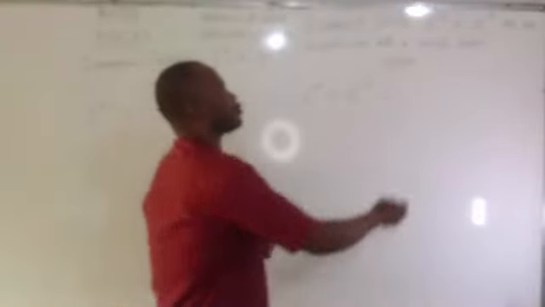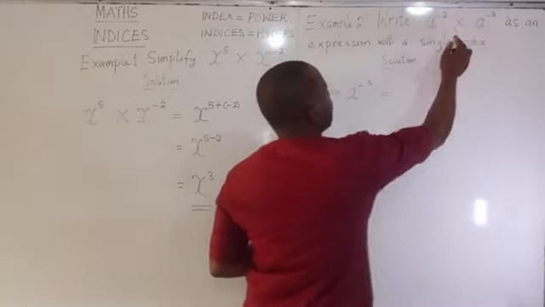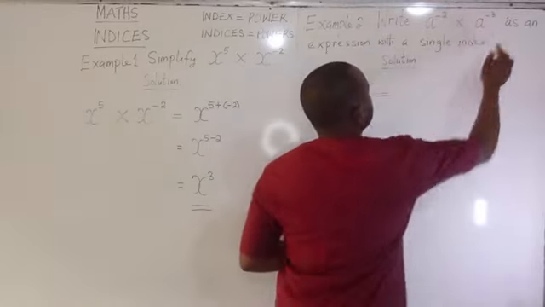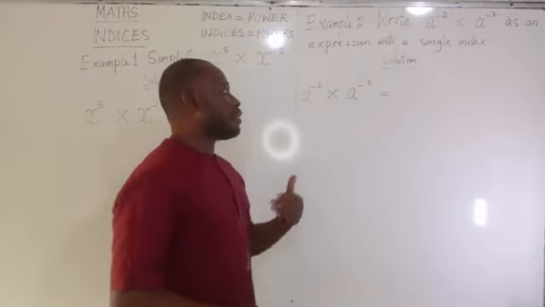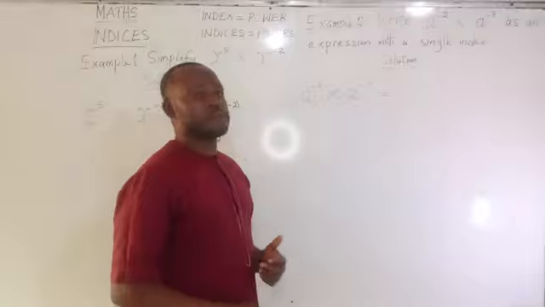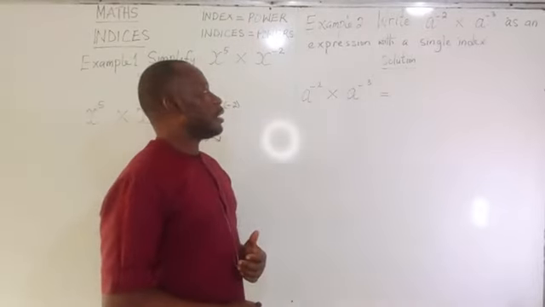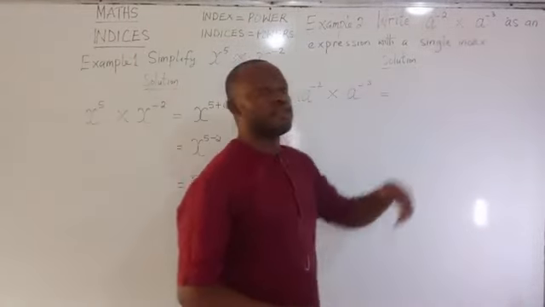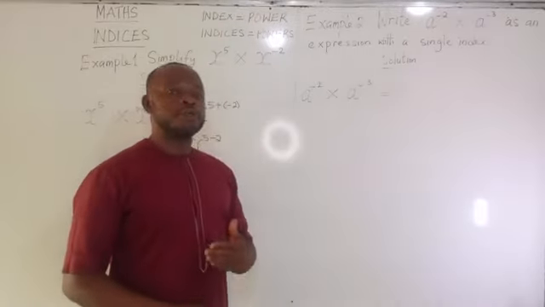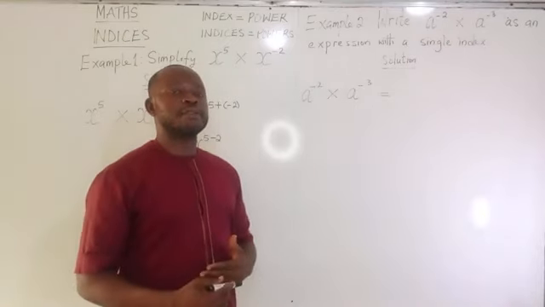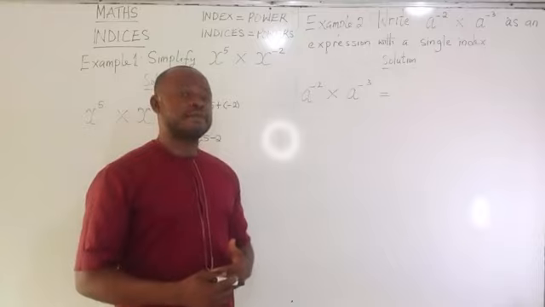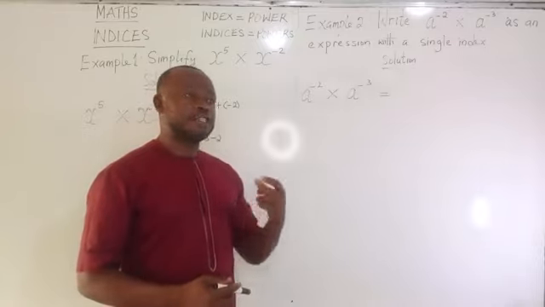Can we try it? Let's try that. Write a raised to the power minus 2. Here the index is minus 2. Multiplied by a raised to the power minus 3 as an expression with a single index. It is the same thing as simplify these expressions. Do you understand? And because there's multiplication here, we are going to use the same first law of indices, which says whenever you are multiplying two numbers that have the same base, that have equal bases, take just one base